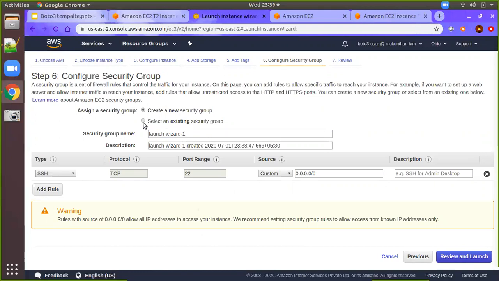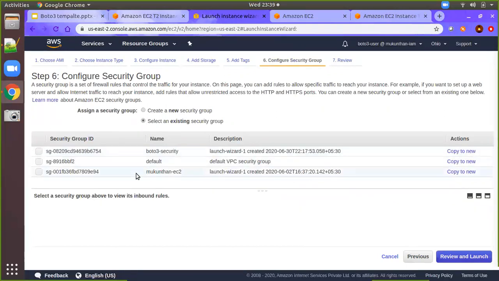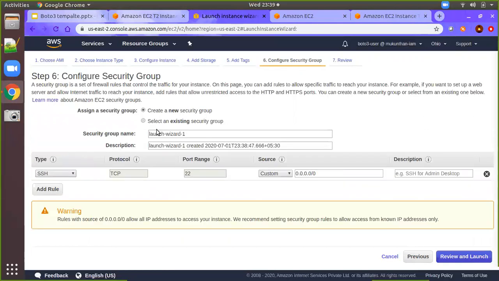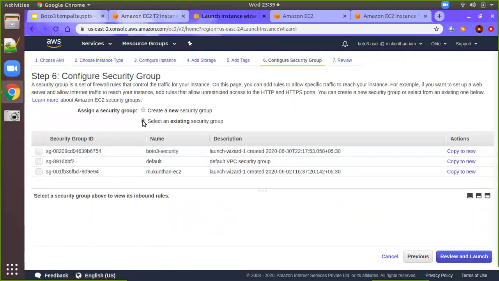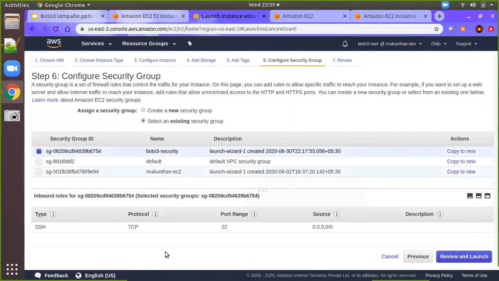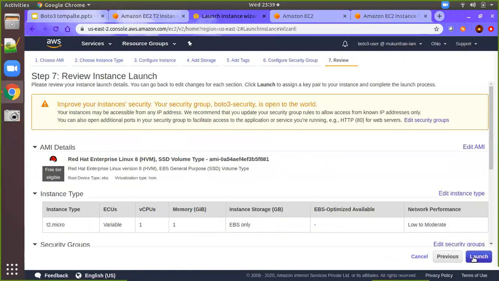So now, fine. I can click here. I have already created some groups here, but even if you want to create one, you can. But in this case, it does not matter because we are not going to add any rules to that especially. So let's say I'm going to click on this one. It does not have anything, same as our previous slide. I'm just adding everything, so just go to review and launch.